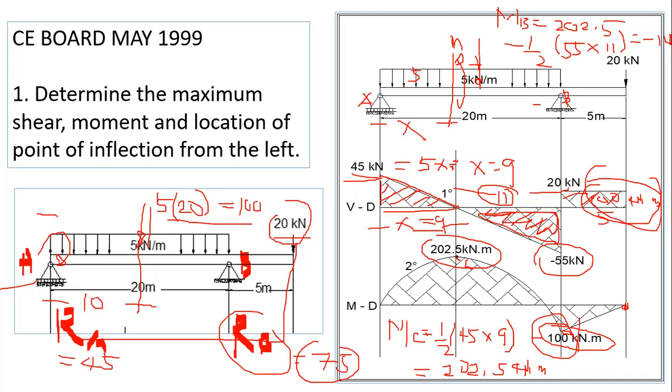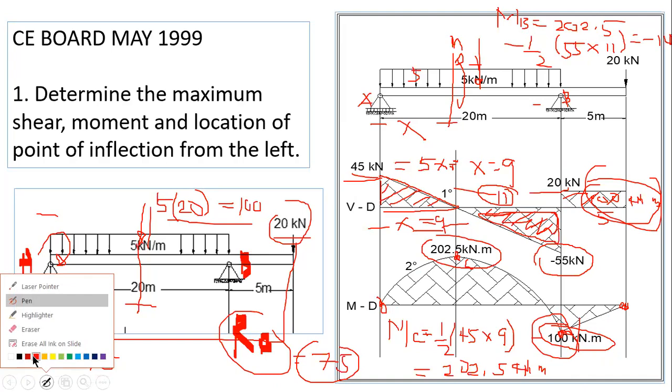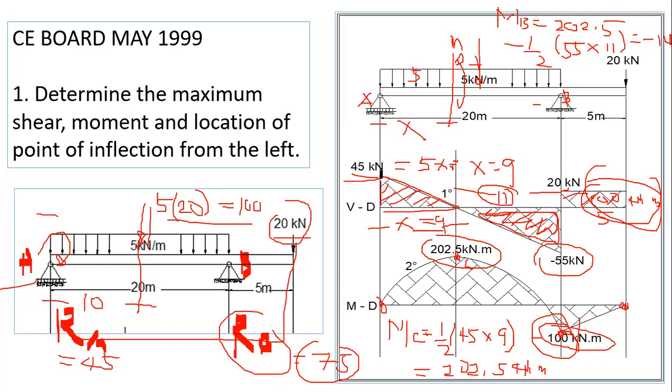So we are just trying to identify this point. You have this point, you have this point, you have this point. So you can connect now those points. And based from our rule, if the shear is decreasing, this one is decreasing. So you can have in this manner, this curve. This one is decreasing again from 0 to negative 55. 0 is greater than negative 55. So it's decreasing. Goes back here to this point that we